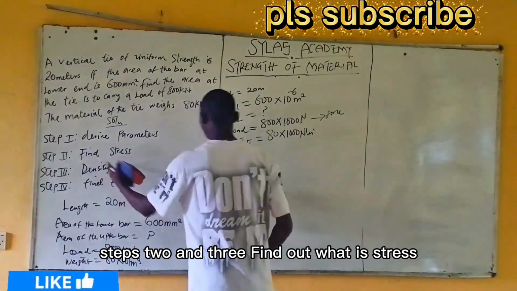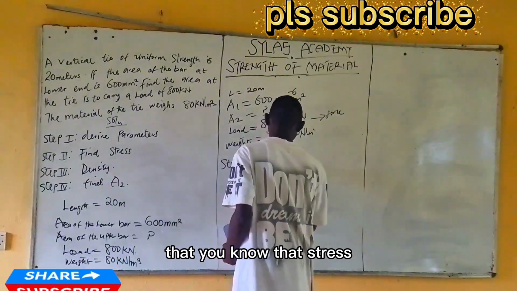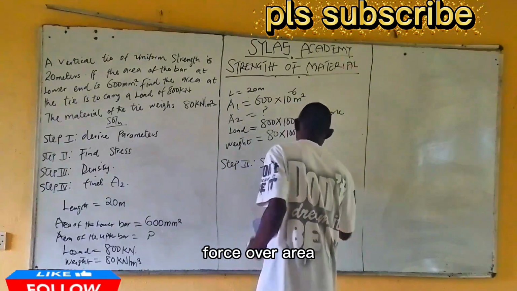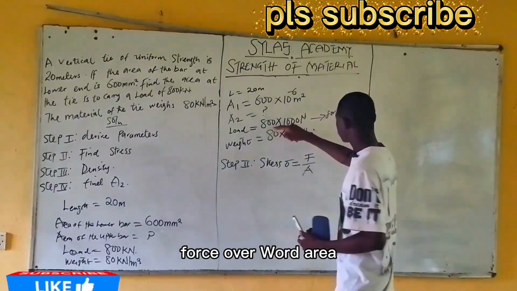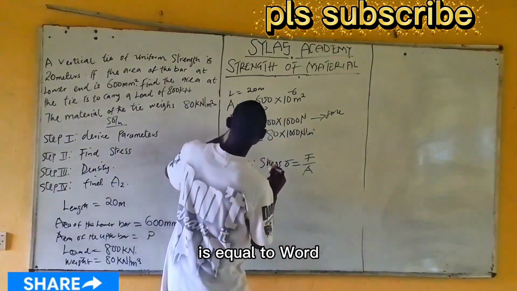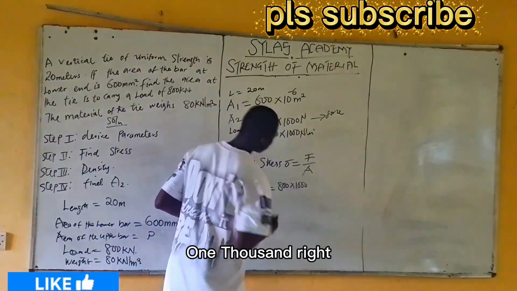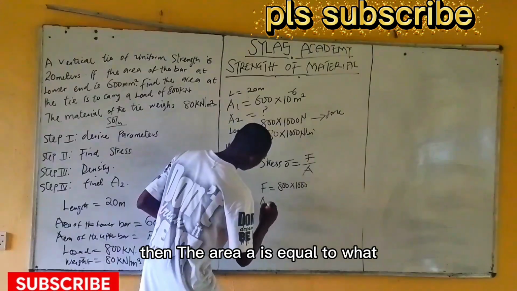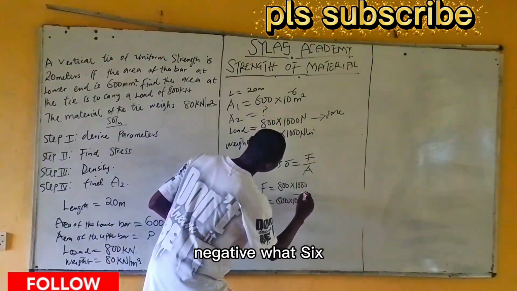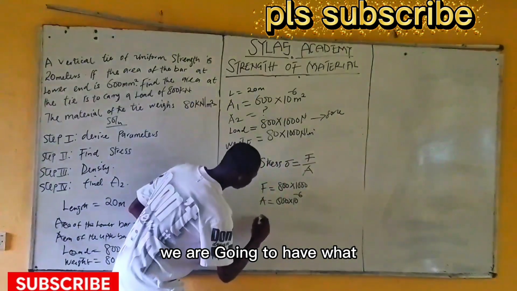So now step 2 shows to find the stress. But to know that stress, stress is given as force over area, where the force is equal to 800 times 1000, then the area A is equal to 600 times 10 exponential negative 6. Replacing it in this formula,